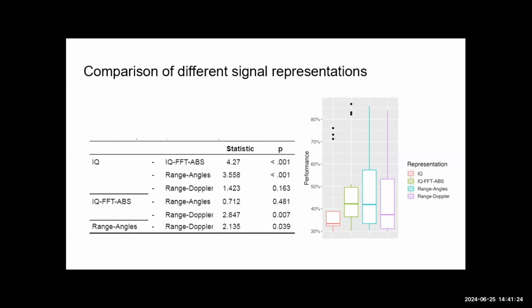You have the range dimension, the spatial dimension, which is the antennas, and the third dimension is the slow time dimension. We performed FFTs across these dimensions, and we got another data representation with IQ signal with FFT applied, and also we tested with range angle images and also Range-Doppler